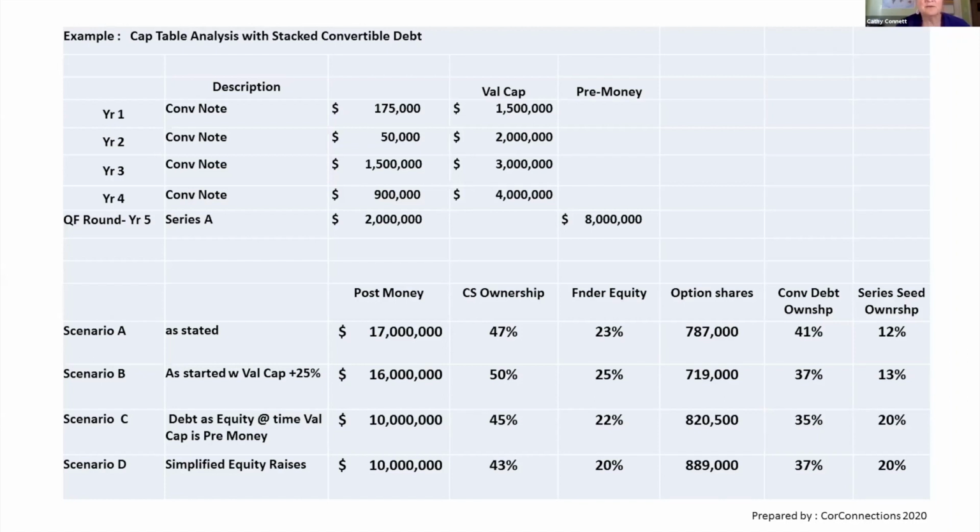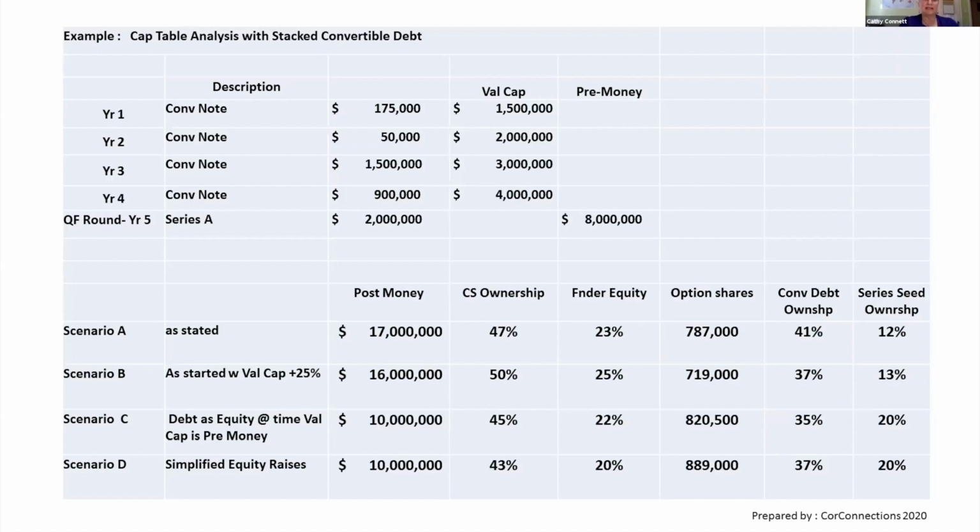Part of looking at this was that the valuations were fairly reasonable, but in terms of getting the Series A round done, there were questions raised about raising the valuation cap on the notes, because the post-money valuation at 17 million is really getting pretty high. So I looked to see the effect of that, and the post-money valuation goes to 16 million. Common stock still has 50%, so not a significant change in the numbers. So this is all using convertible notes followed by a Series A round.